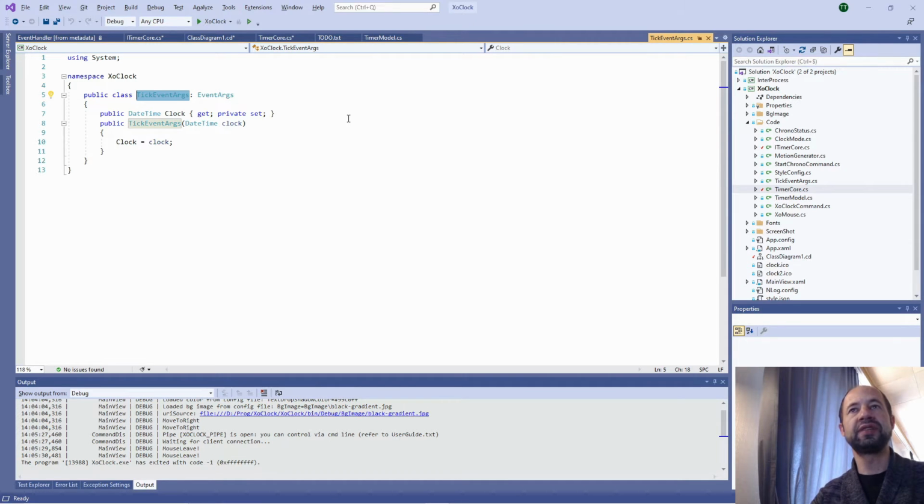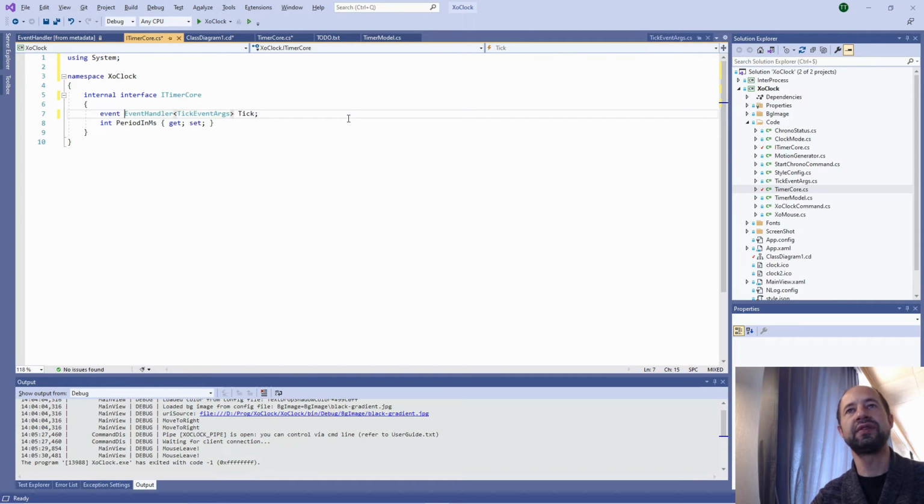So here we have the tick event args. Then we should have the event itself, which should be of type event handler with the type tick event args.